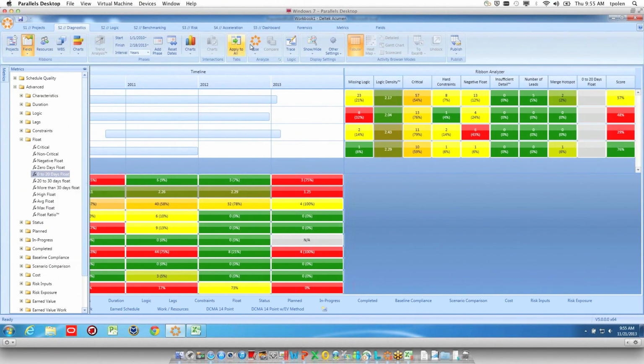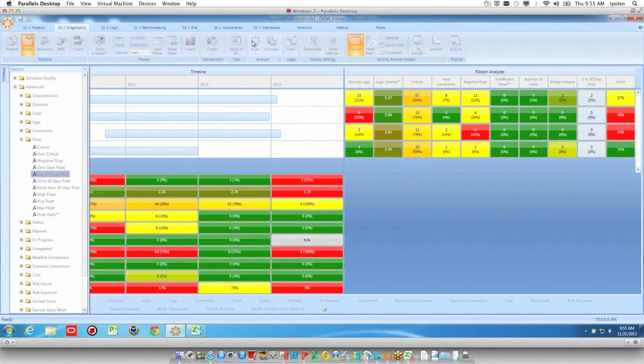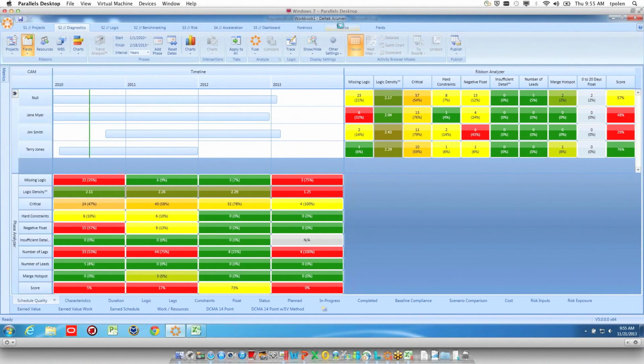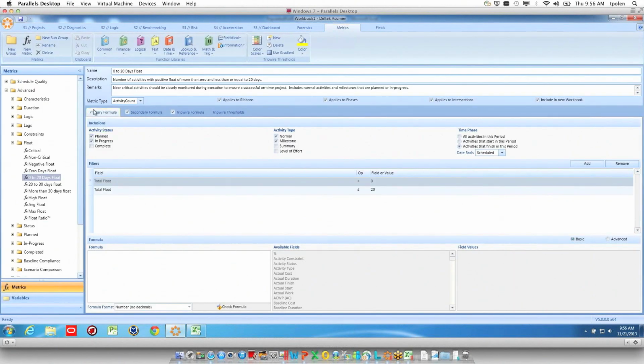I can add that metric to my screen, and I can see I'm actually doing pretty well here on near critical tasks. And finally, the second wrinkle to this, which I won't go into too much detail on, is we give you the full ability to modify the metrics that we've created for you and even create your own metrics